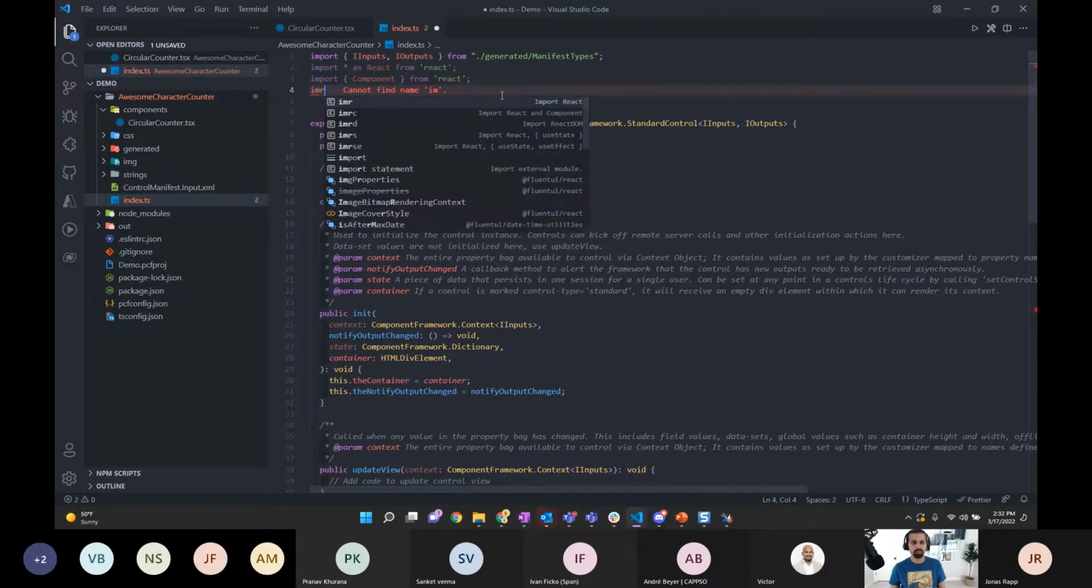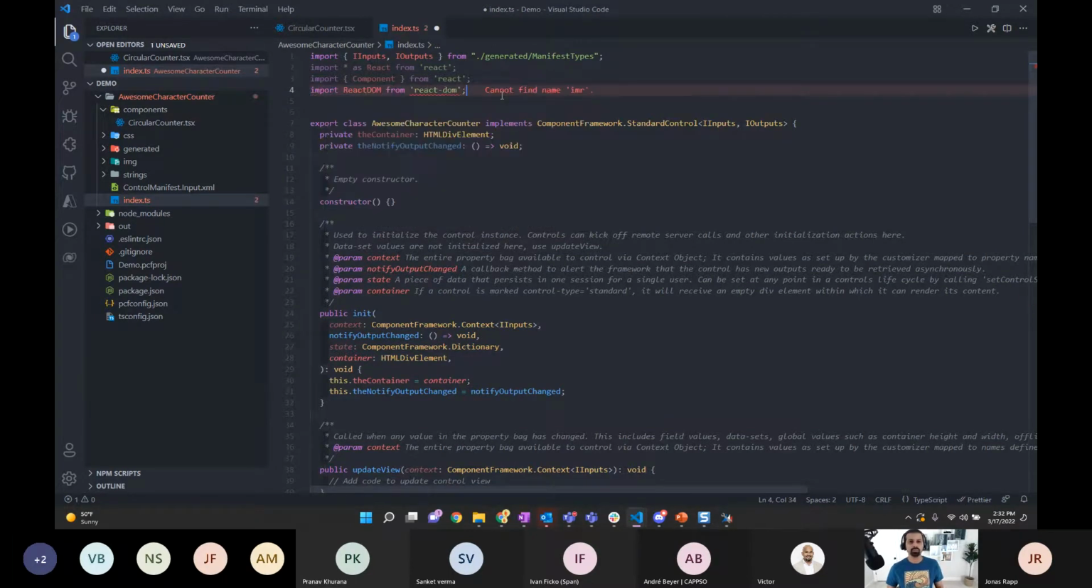React DOM. Okay, it says React DOM doesn't exist. I've seen this issue before, so let's go and fix this. It says it doesn't exist, so to fix this issue, what we could do is